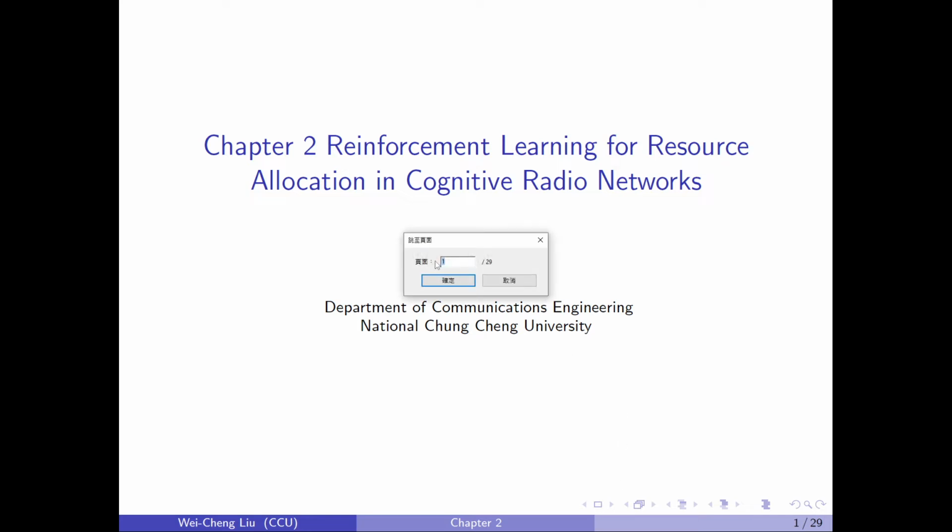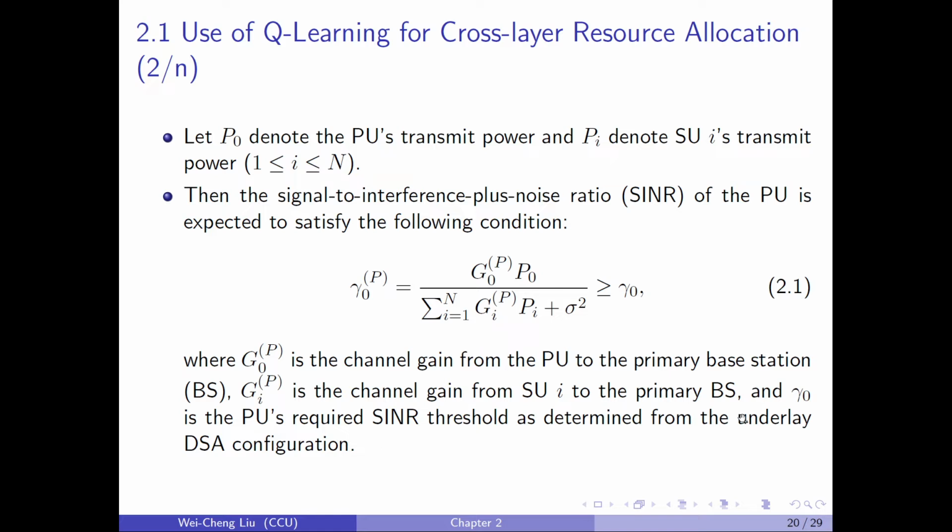Let us go back to page 20. And GIP times PI. PI denotes secondary user I's transmit power, where 1 is smaller than or equal to I, and I is smaller than or equal to capital N,